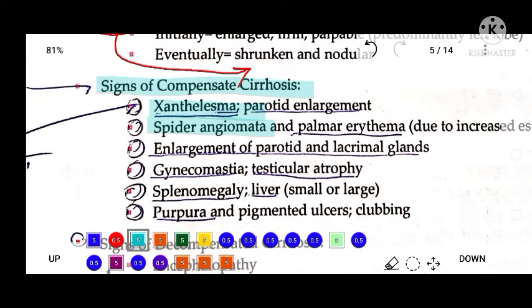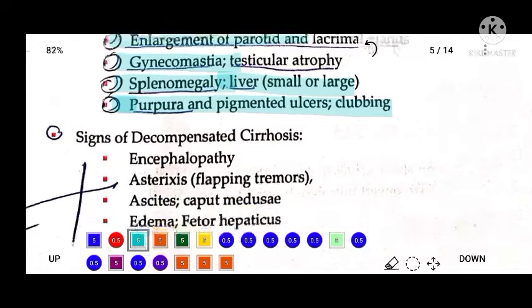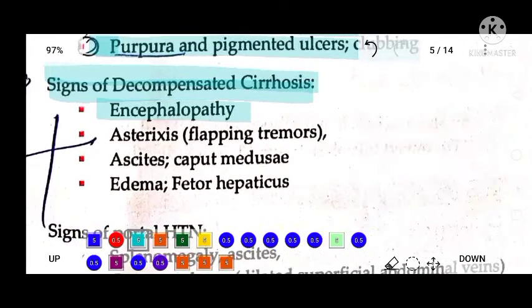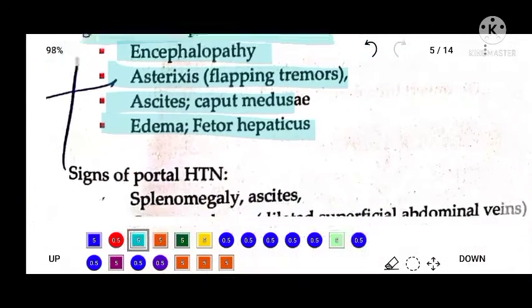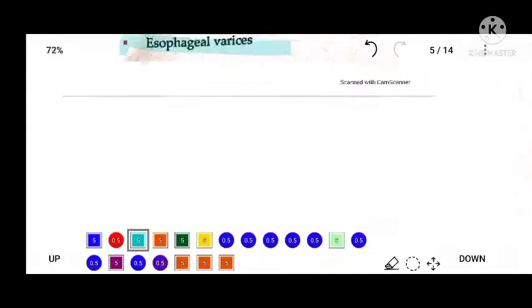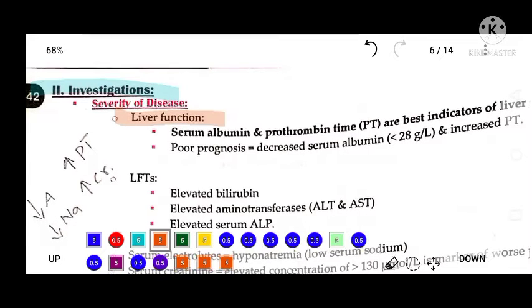xanthelasma, spider angiomata, enlargement of the parotid gland, gynecomastia, splenomegaly, liver is enlarged, purpura, and pigmented ulcer along with clubbing in cirrhosis. Signs of decompensated cirrhosis are encephalopathy, asterixis, ascites, edema, and fetor hepaticus. Signs of portal hypertension are splenomegaly, ascites, caput medusae, esophageal varices, and investigation for cirrhosis will be liver function test